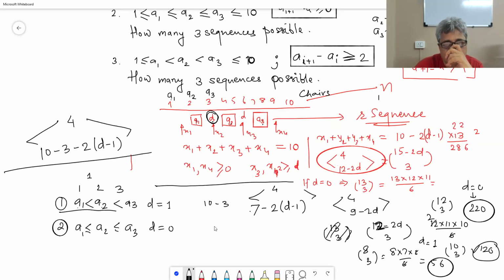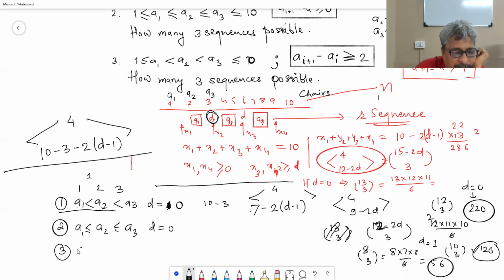No, sorry, mistake. When A1 is sitting here, A2 is sitting here, and A3 is sitting here, 3 consecutive places, they are 3 consecutive places, therefore number of chairs to be put in is 0 in the first problem. D is equal to 0 in the first problem.